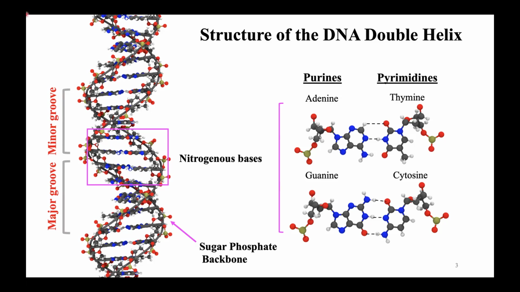DNA consists of two polynucleotide chains that run in opposite directions and twist around each other to form the double helix. The basic unit of the DNA structure is the nucleotide, and it consists of three groups: the phosphate group, sugar ring, and also nitrogenous base. The phosphate group and the sugar ring form